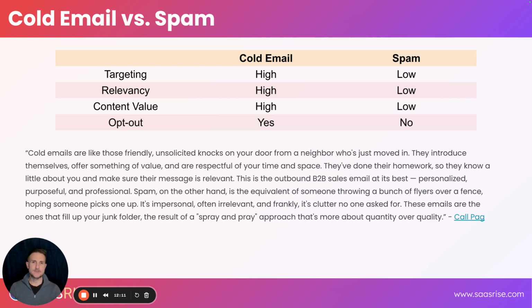Whereas spam, it's pray and spray. It's sending out hundreds of thousands of messages to people that are not necessarily in that target market. And so if you're sending out 1 million emails to consumers trying to sell a weight loss pill, well, that is spam. But if you're sending out 10,000 emails that are directly going after the exact target market with something